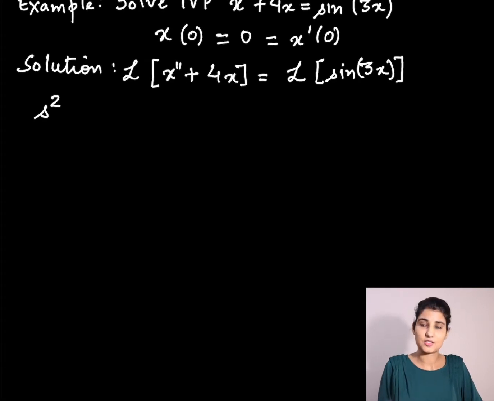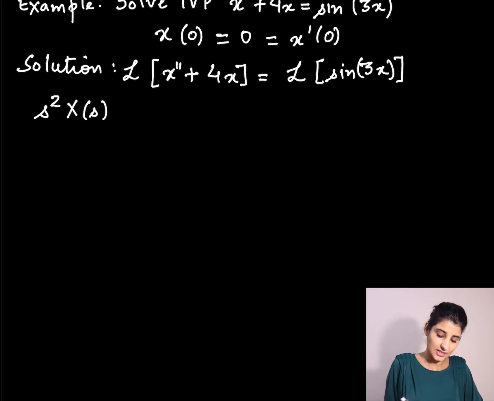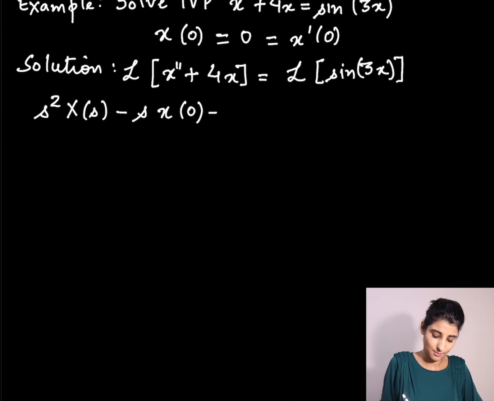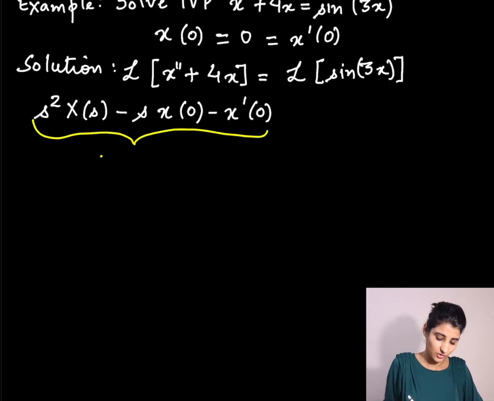If we take the Laplace of the second derivative, it's s square X(s), the Laplace of the function x(t), we are denoting it by X(s), minus s times x of 0 minus x prime of 0. So this value we got for Laplace of x double prime, plus